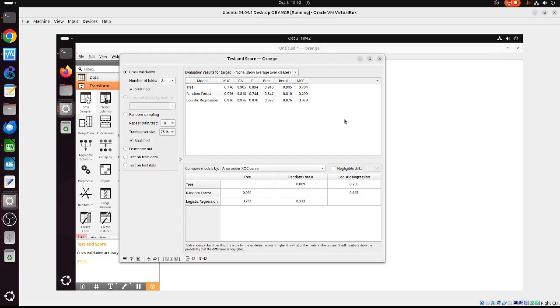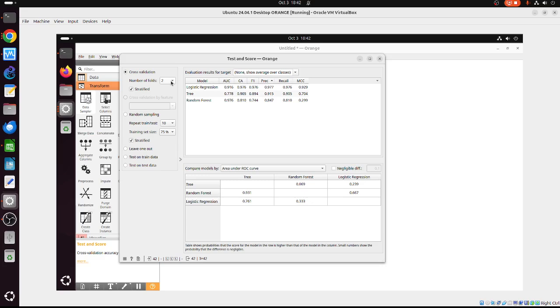Okay, it's done now. So the best one will be, oh no, logistic regression is the best one. I can click precision. Oh sorry, the other way. So we can see for this particular data the logistic regression is